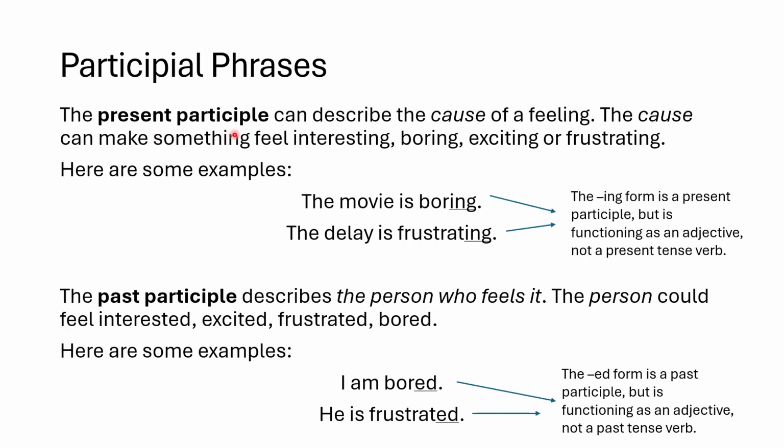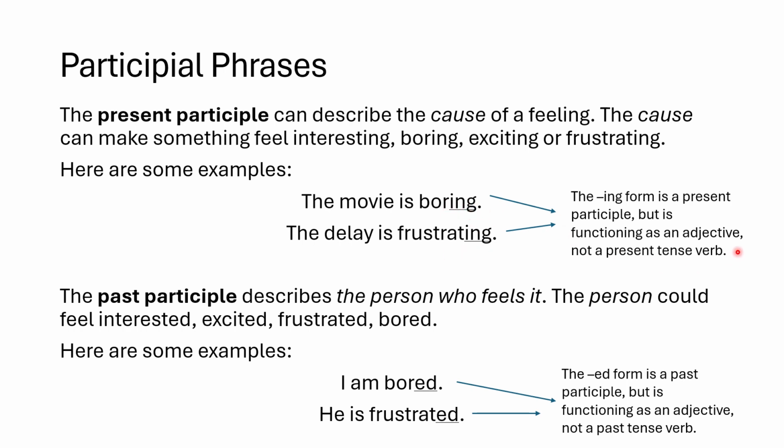The present participle can describe the cause of a feeling. The cause can make something feel interesting, boring, exciting, or frustrating. Here are some examples. The movie is boring. The delay is frustrating. The ing form is a present participle, but it is functioning as an adjective, not a